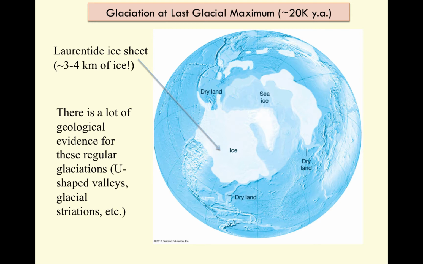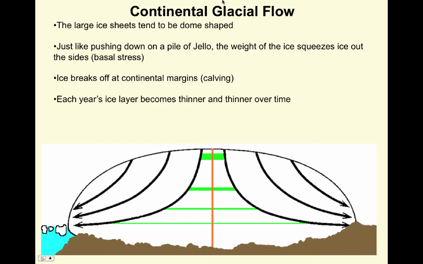There's a lot of geological evidence for these regular glaciations that happened over time during the Pleistocene in the form of moraines, glacial striations, which are scratching of the rocks from glaciers and the rocks that they carry, and other glacial evidence as well. So for mountains, it's pretty simple. The glaciers travel downhill relatively slowly. The reason why that happens is because as ice gets compacted at the very bottom, that extreme weight actually causes what's called plastic deformation. So glaciers actually have some movement at the base when the ice is under extreme pressure, and this is why they move very slowly downhill.